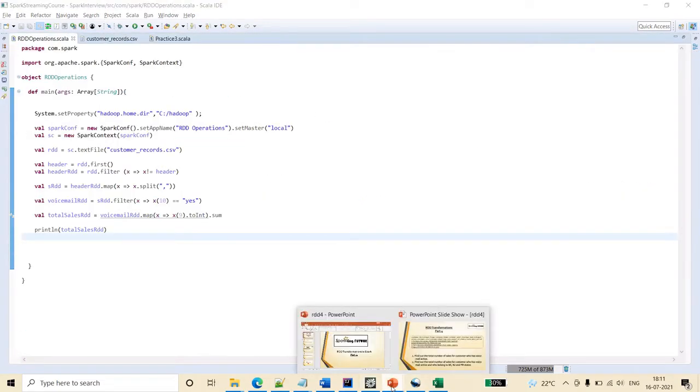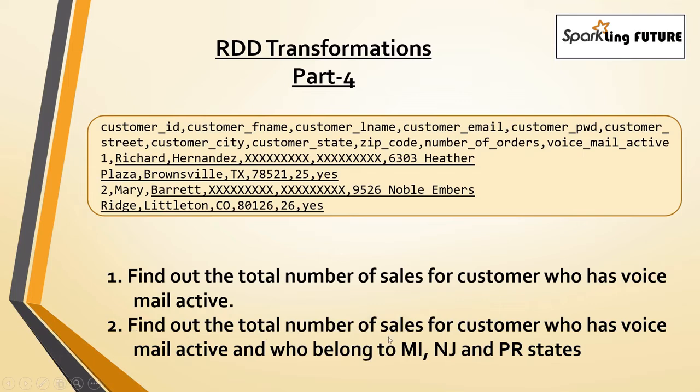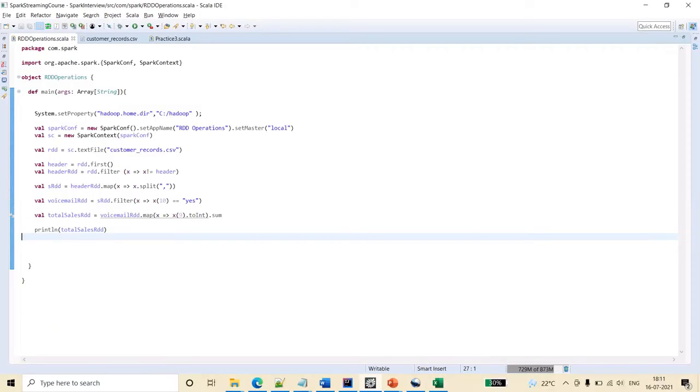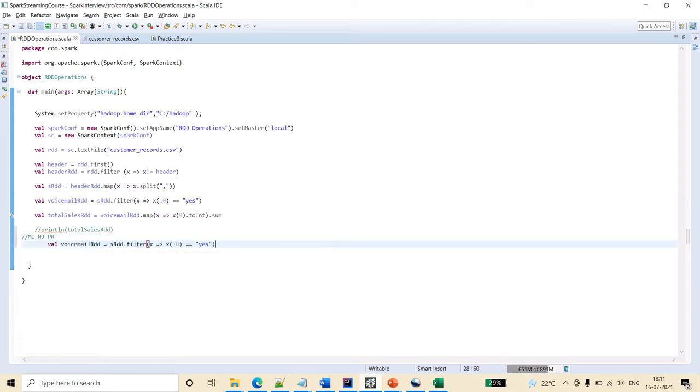Okay, so now what is the second question? Find out the total number of sales for the customer who has voicemail active and also who belongs to MI, NJ and PR states. So now to the same thing, let's add a filter condition. In the filter condition we'll say first, let's filter x of 7, I think.